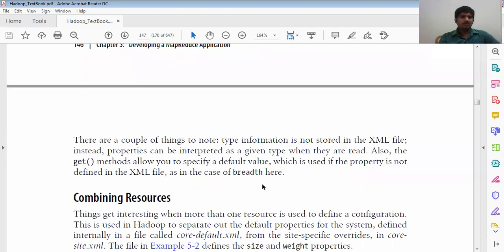There are a couple of things to note. Type information is not stored in the XML file; instead, properties are interpreted as a given type when they are read. Also, the get method allows you to specify a default value, which is used if a property is not defined in the XML file, as is the case with weight here.